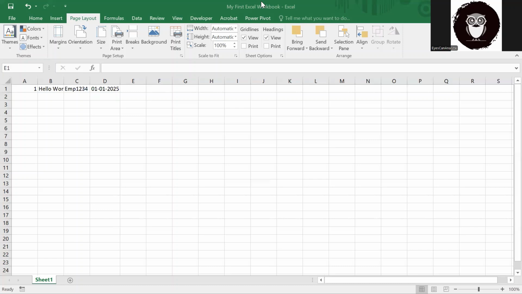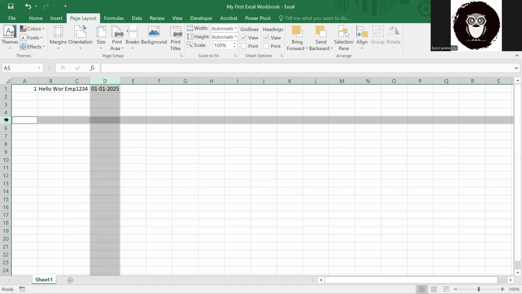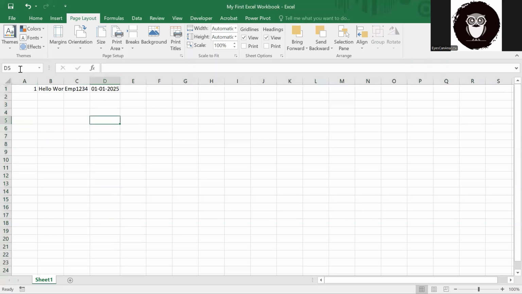So each cell has its unique reference, which is its coordinate. This is where the column and row intersect. If I select a row and column together, you will see that both have intersected at D5. If I select this cell, you can see it in the name box.